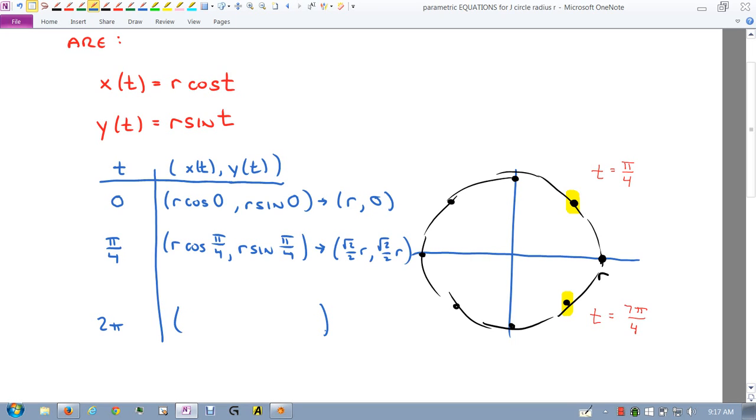What do we get when we get to 2 pi, which is all the way around? We're going to get our original point again, right? Is that okay? Is that going to violate being a function? No, because look, 2 pi goes to one place, right? The fact that it goes to the same place that 0 went to doesn't make it not be a function, right? So even with the function, you can have,